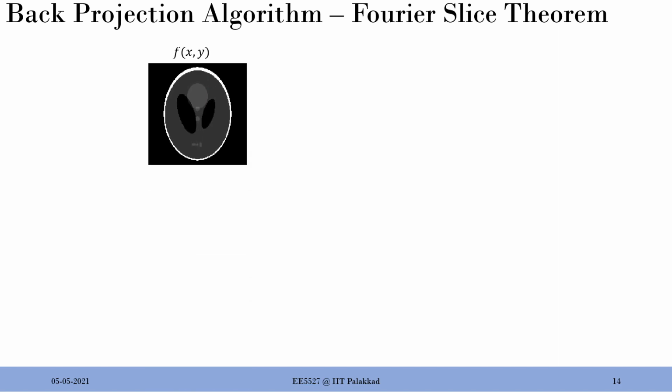So let's take the Shepp-Logan phantom again, and treat it as an image as it is. f of x y, where x y are the coordinate locations, and f of x y is the intensity at each coordinate location. So it's an image. If I take a 2D Fourier transform of this image, since the image is a two-dimensional observation, you can't take a 1D Fourier transform, you need to take it in both x and y directions.